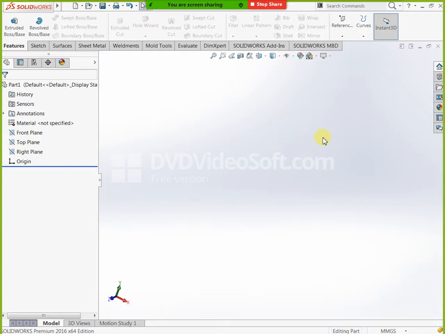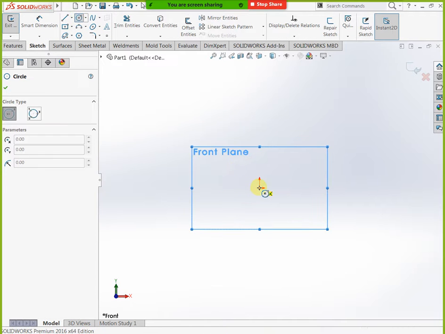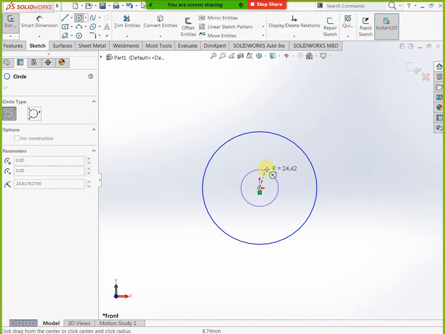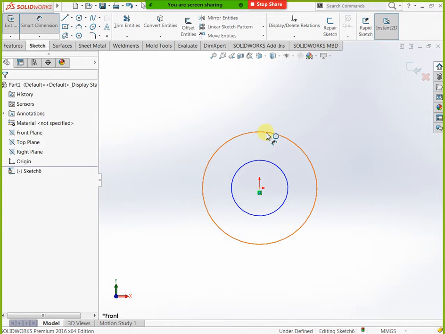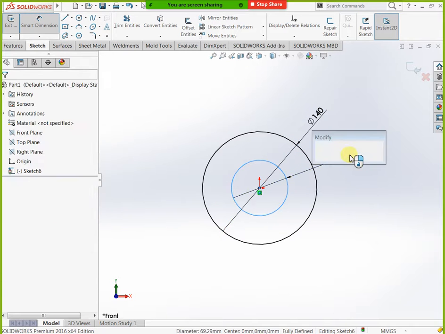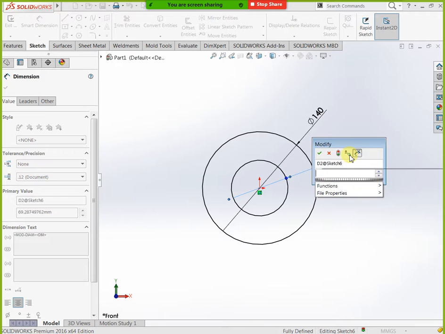Next, for example, I have one circular plate. In the circular plate we have 8 holes. For example, this is one of the flanges. This flange diameter we have 140. At the same time this one is 60, not 85. At the same time this one also 120. Then you can do finish. Extrude this one, 12 mm thickness.